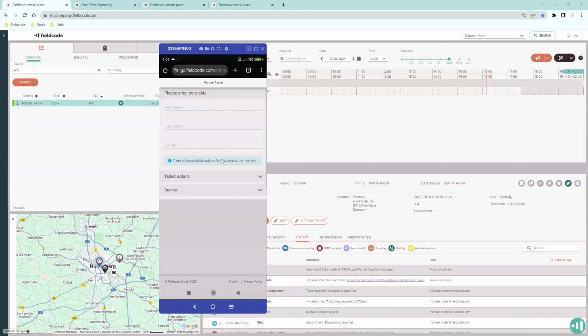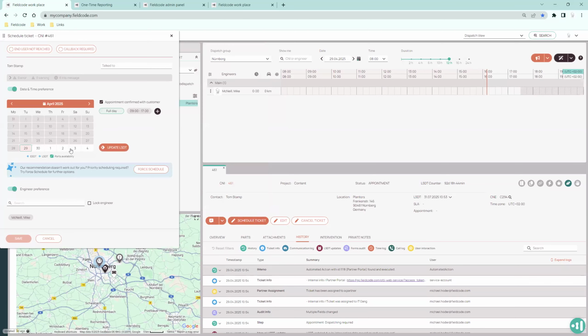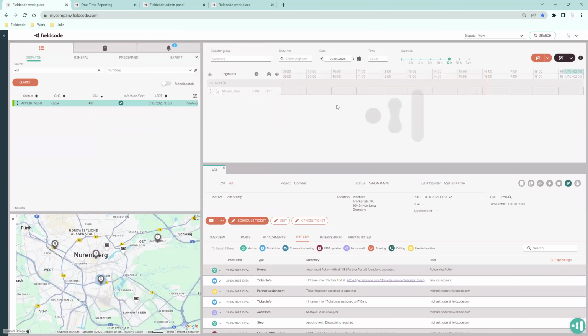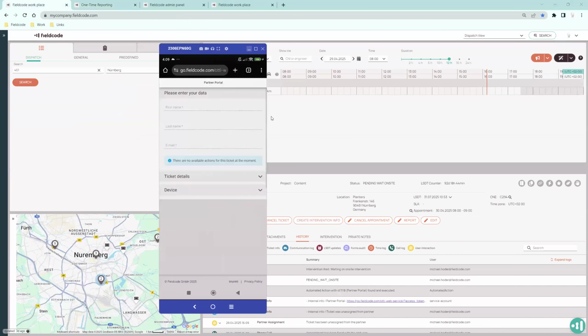And as we have this new blue bar here, there are no available actions for this ticket at the moment. That means there are no available buttons. There's nothing the partner needs to do at this time. So let's put this ticket into pending wait on site. We're in the app. So now after a refresh,